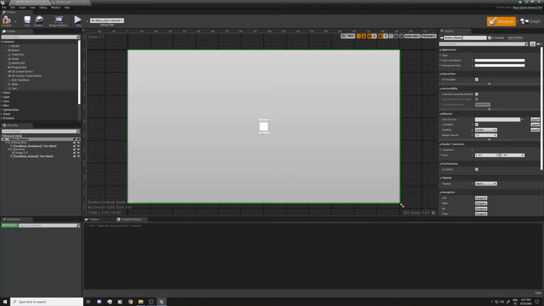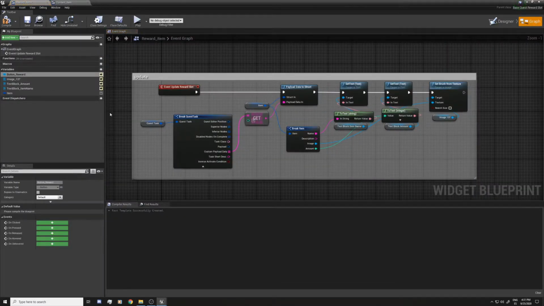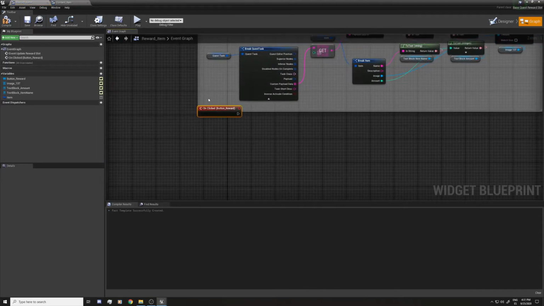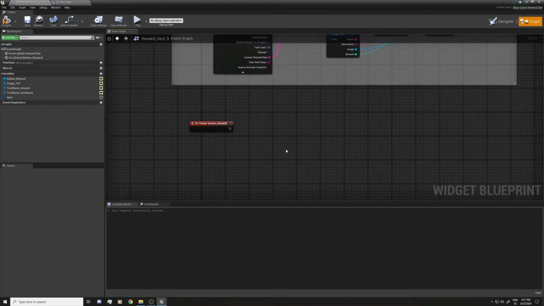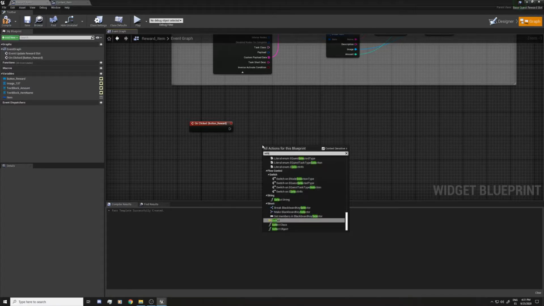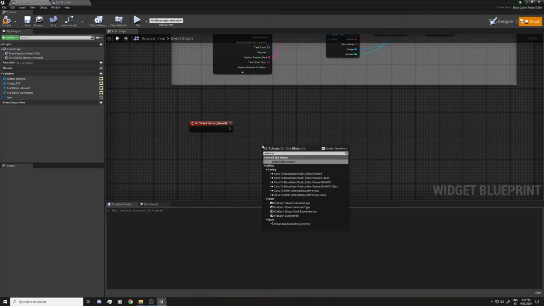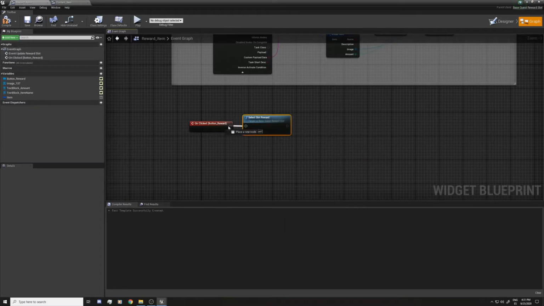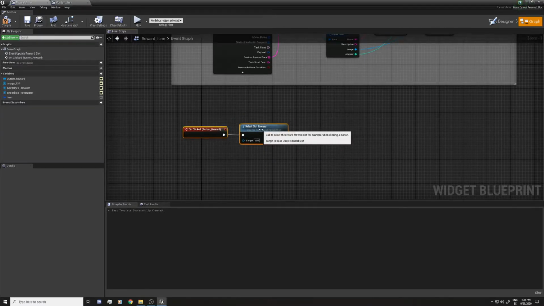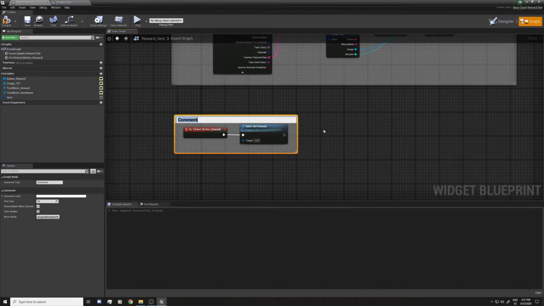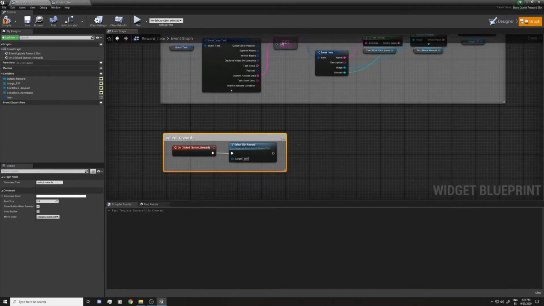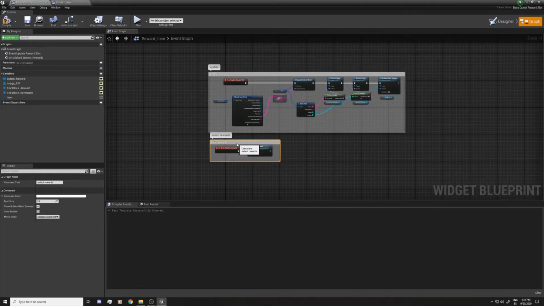I'm gonna call it reward, and on click I'm gonna call a function that is in these widgets, that is select slot reward. So this is gonna be the handle for the rewards, and this should work in the UI.